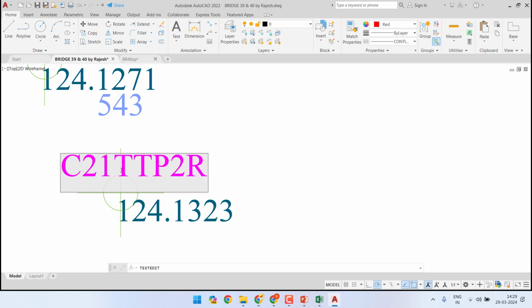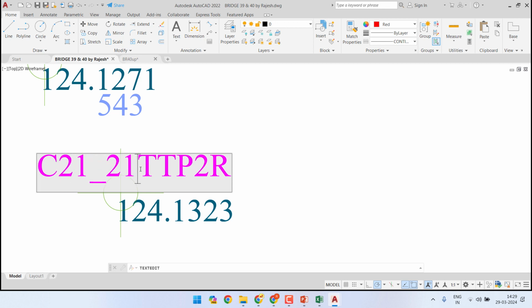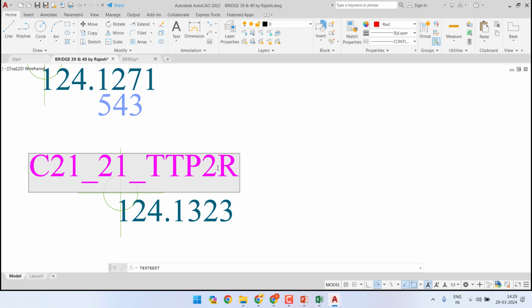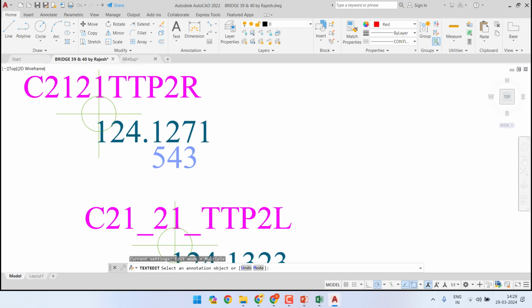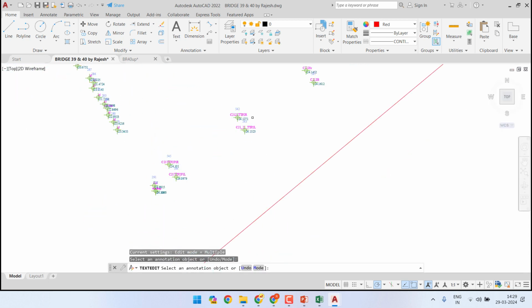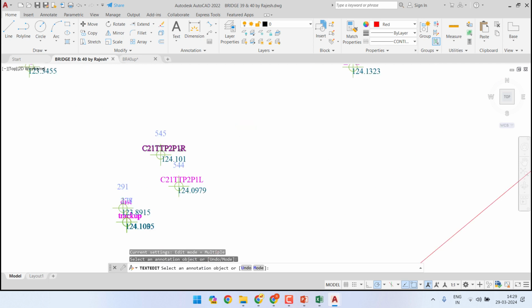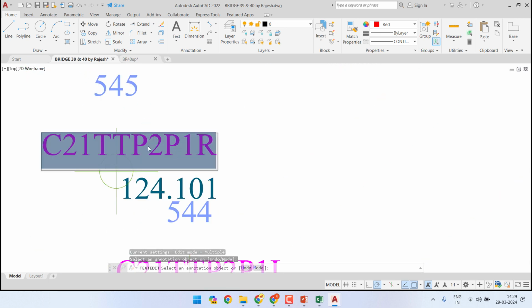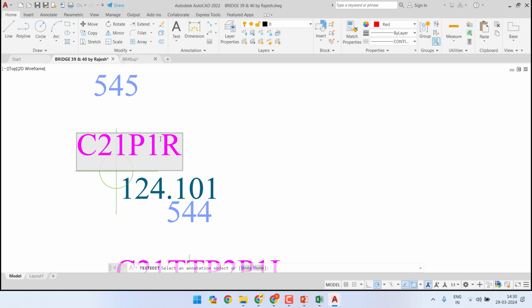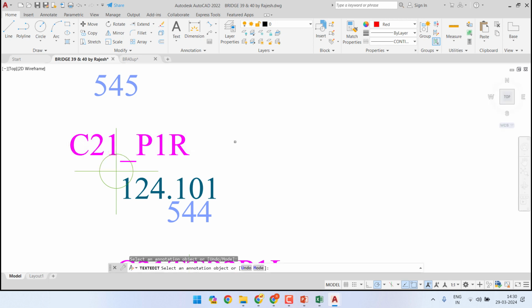Curve 21, station 21, and then this is TTP2, and this is the left rail actually, so left, and this is right. So fine. And this nomenclature is incorrect actually. This is not TTP2, it is TTP2 plus 1, one station ahead of TTP2. So instead of this we can simply write plus 1, curve 21 underscore plus 1, and this is R,